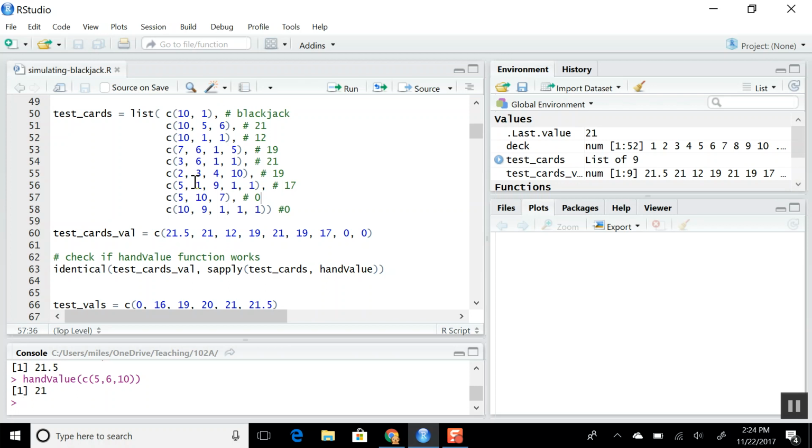There are two 21s, one of them with 10, 5, and 6, the other one with 3, 6, 1, 1. In this case, who would win? The 21 on top has fewer cards, but they're worth equal. So 3, 6, 1, 1 is worth 21, and 10, 5, 6 is worth 21. They are equal. They would tie in the game, and if you and the dealer tie, it's known as a push, and basically